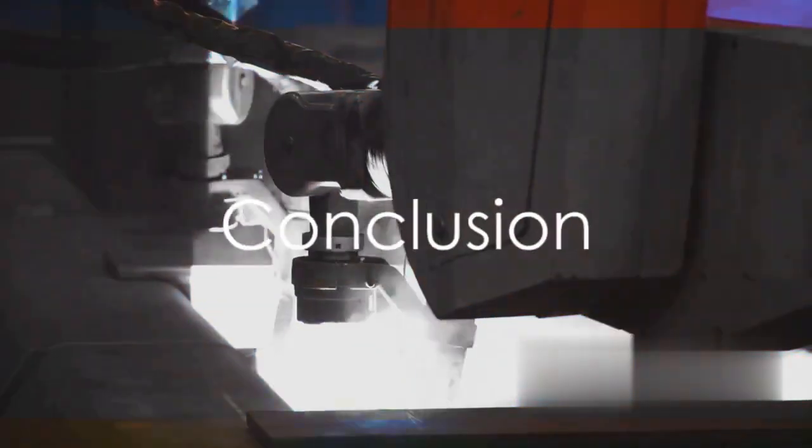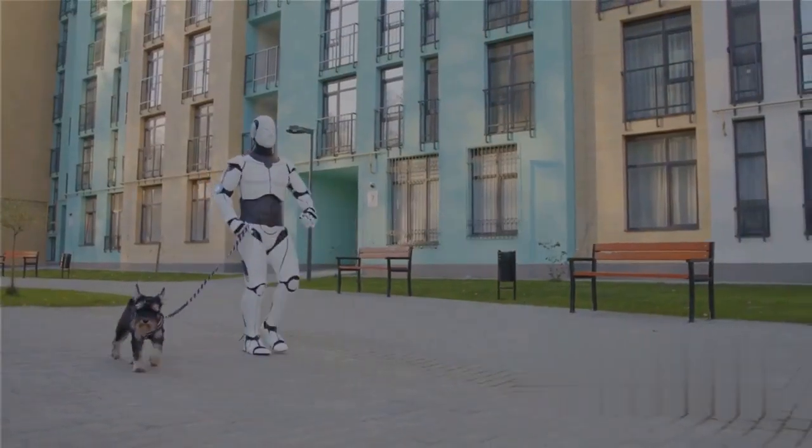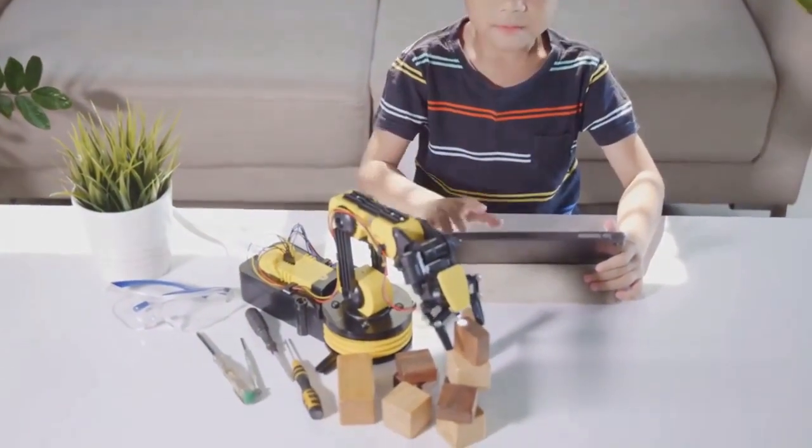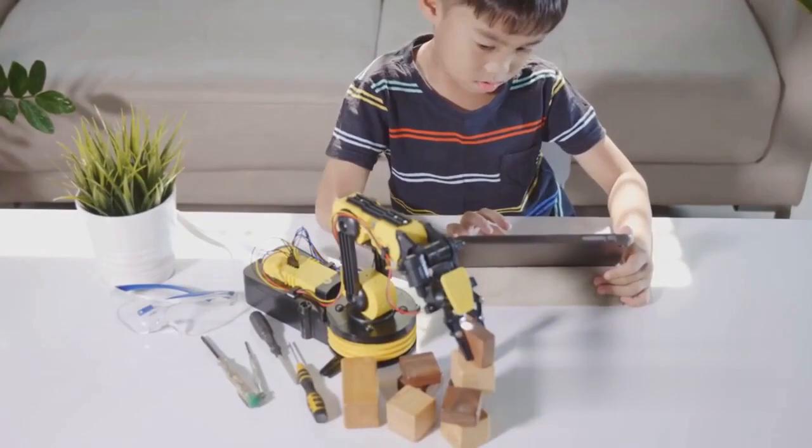Isn't that fascinating? The world of robots is full of wonders and surprises. Who knows what amazing robots we'll see in the future? But for now, the next time you see a robot, you'll know exactly what it is and how